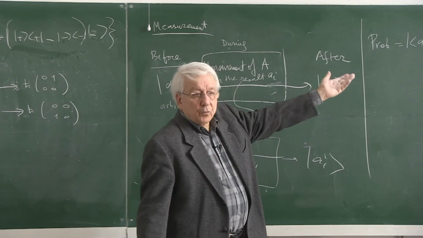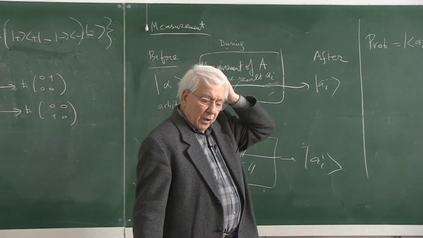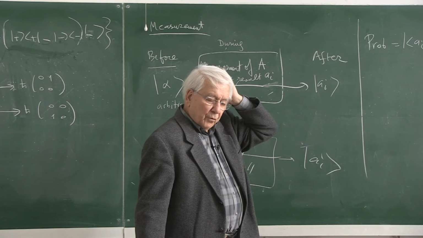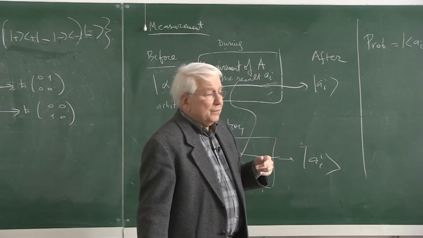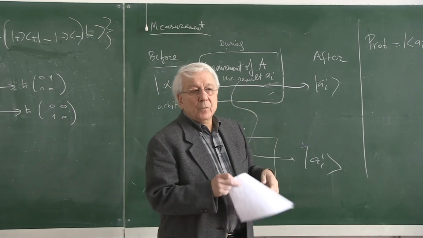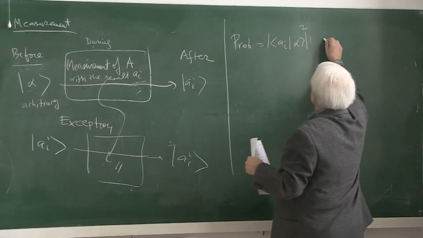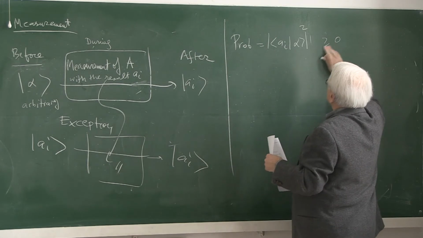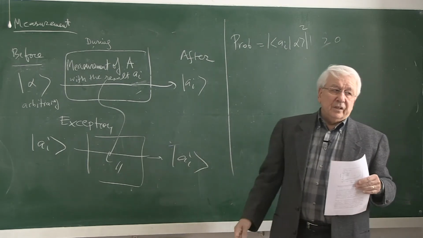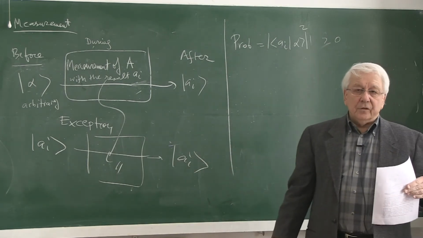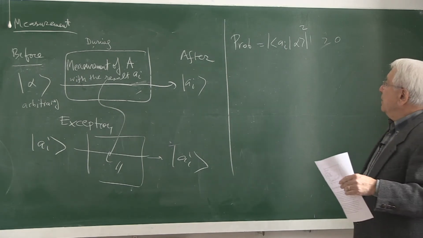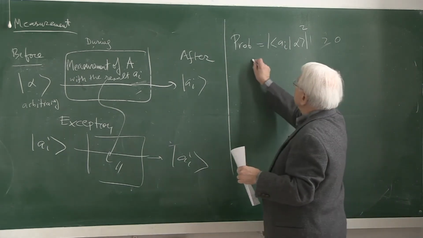Obviously, that probability is consistent with that basic axiom. Being the mod square of a complex number, obviously it's non-negative. And if you sum, by the way, let's check that. That's obviously positive. Only in the trivial exceptional case may it be equal to 0. It's really non-negative. The sum,